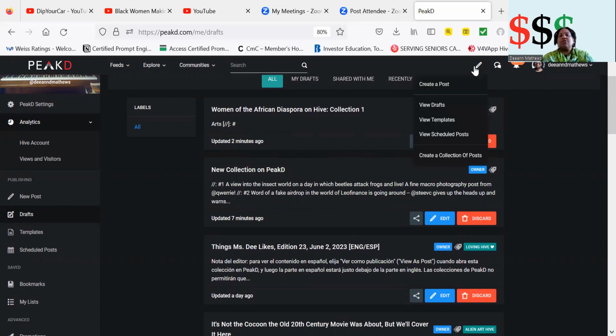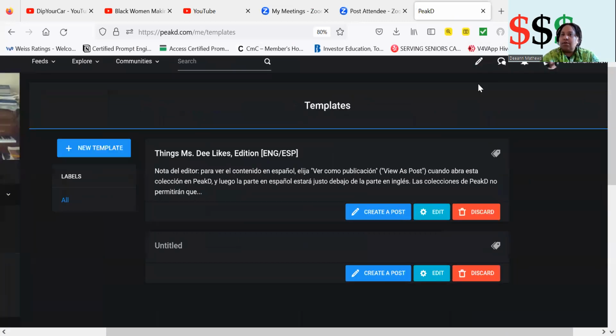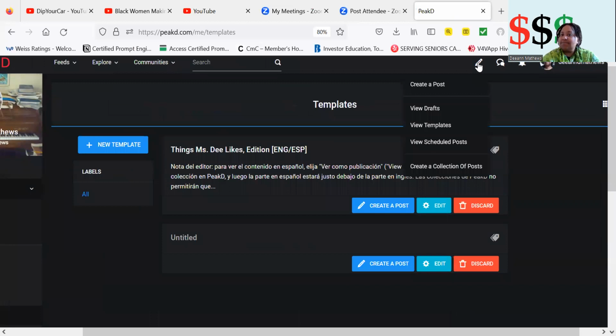But next, let's say I want to get organized in advance. I don't want to have to keep doing this. Well, this is where we go to create templates. So you have new templates over here, and you can create a new one. But let's look at the one that I use to make things Miss D likes. This is now the